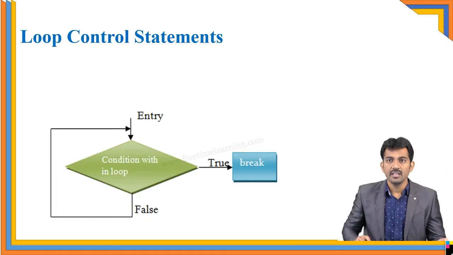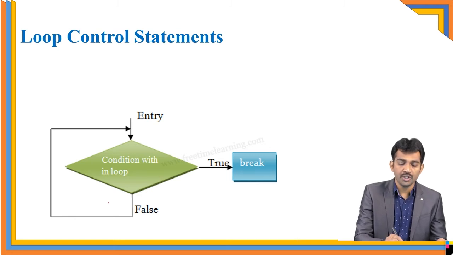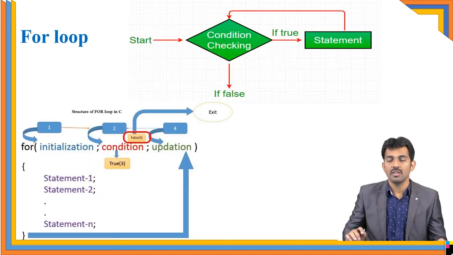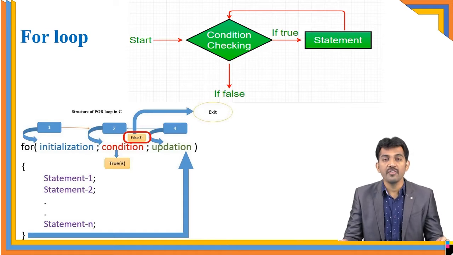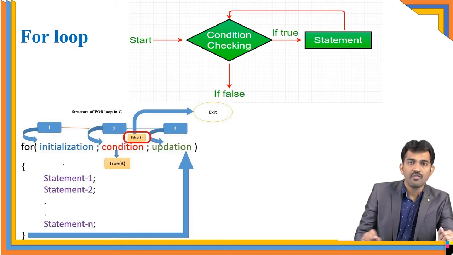See, here this is the entry and condition of the loop, until the condition fails. So it is going to repeat, right? Here we have three kinds of loops available. The first one is the for loop. For is a combination of initialization, condition and increment or decrement. Observe clearly, this is the syntax of the for loop.